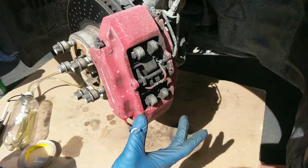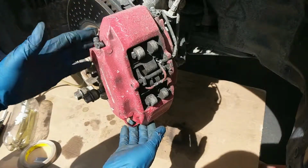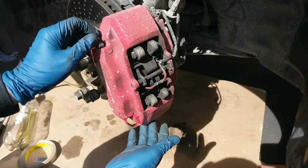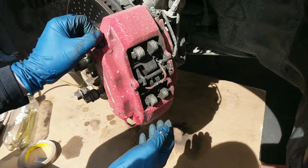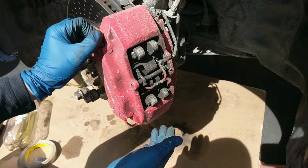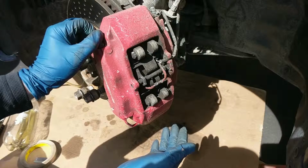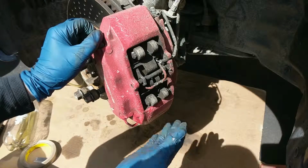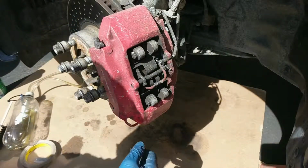What you're going to see me do applies to a lot of calipers that are racing style calipers, like these Porsche brakes, which are actually Brembo. These look very familiar to what I had on the 350Z, so if you have a caliper like this, you can follow these procedures. If you have something that's not as sporty, or just has more of an OEM caliper look, then these instructions probably won't work, but I don't know, maybe. So anyway, first step,